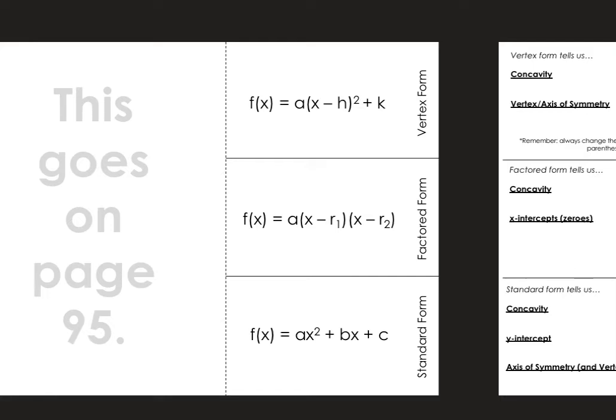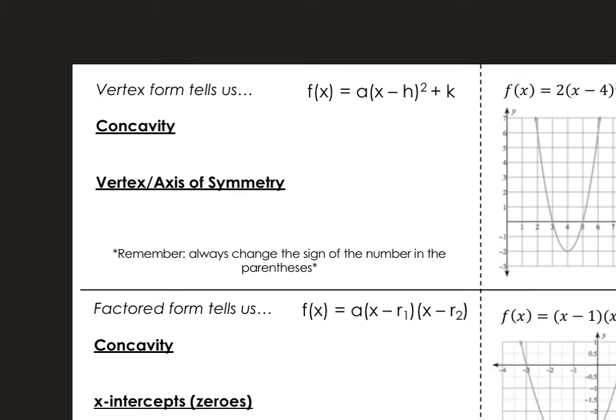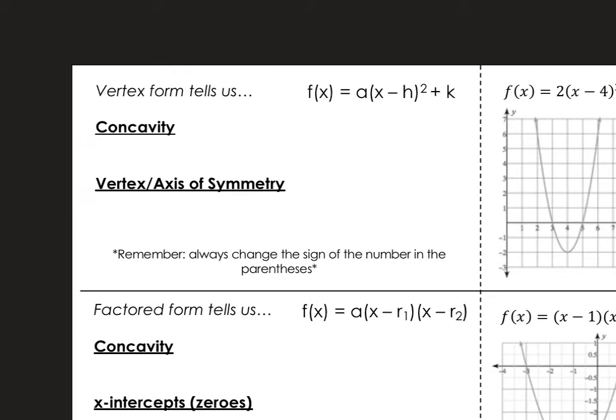In this lesson, we're going to learn about the three different forms of quadratics and what characteristics we can get based on each form. So the three forms we're going to talk about are vertex form, factored form, and standard form. All right, so starting with vertex form: f of x equals a times (x minus h) squared plus